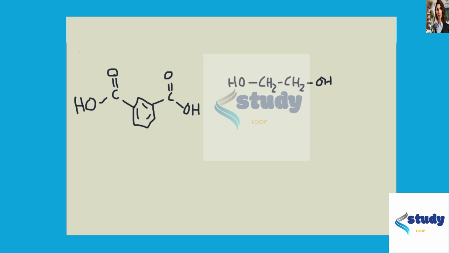So on the screen, I have drawn terephthalic acid and ethylene glycol in order. And what we want to show is the structure of the dimer formed between these two species that then goes on to form a type of polyester. So as you're looking at these two structures, you can hopefully see the commonality between them that ultimately helps them